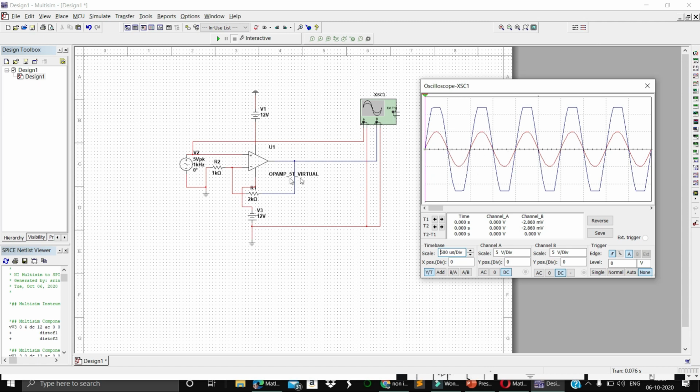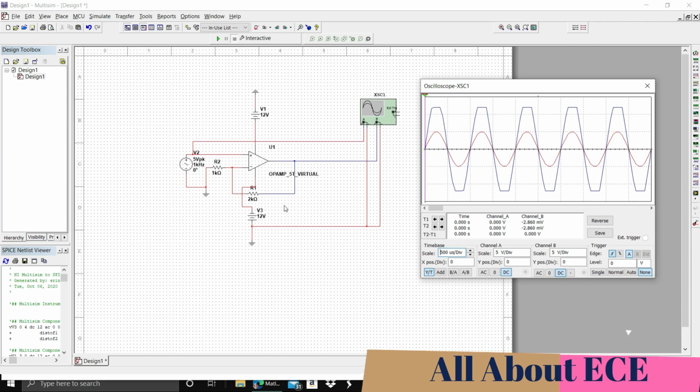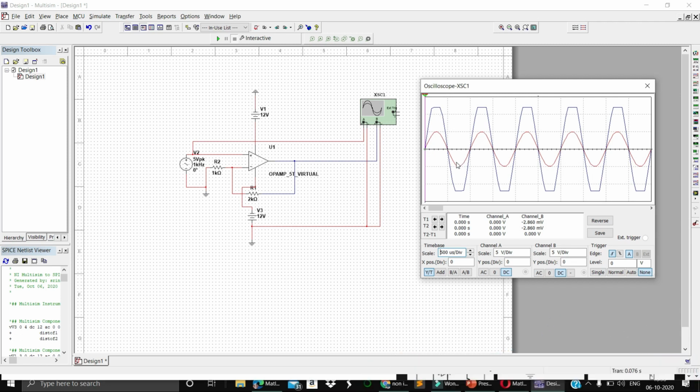So 1 plus R2 by R1 is 3, right? Here the input is 2.5, 2.5, then you are going to get a gain of 3. So here it is 5 and 5, 10, and you can clearly see one more, 12. So 12 by 5, approximately. You can observe that 1 plus R2 by R1 is 3, so 15 by 5 is almost a gain of 3, right? So V naught by Vi we are taking as the gain.